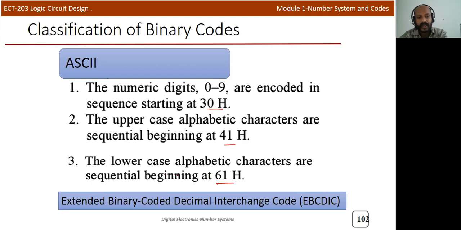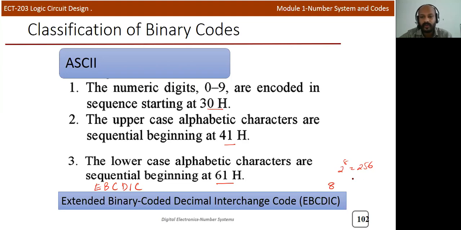Now we are using an 8-bit version of this ASCII known as the Extended Binary Coded Decimal Interchange Code, EBCDIC. This is an 8-bit code, an extended version of ASCII. Now we are using 8 bits, so we can represent 2 raised to 8, 256 characters. If you take a keyboard, there are more keys, and multimedia keys are also included.